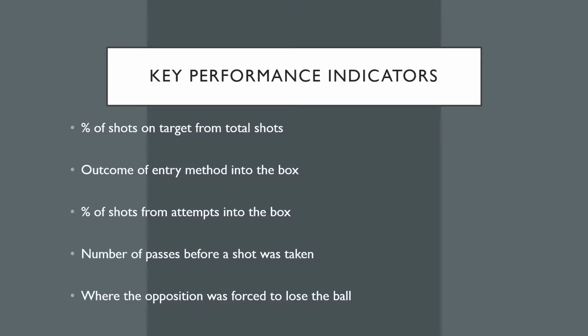So for this analysis I chose 5 key performance indicators, or KPIs, to mainly determine how the Mariners and Victory both performed in attack, which also highlighted City's strengths and weaknesses when defending. So these KPIs are the percent of shots on target from total shots, the outcome of entry method into the box, the percent of shots from attempts into the box, and the number of passes before a shot was taken. The final KPI is focused on the Mariners and Victory's defence and where they forced the opposition to lose the